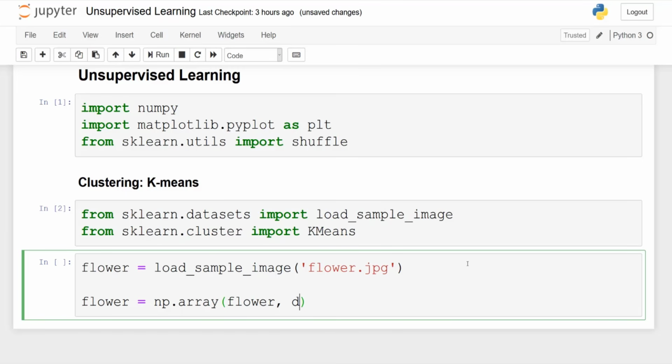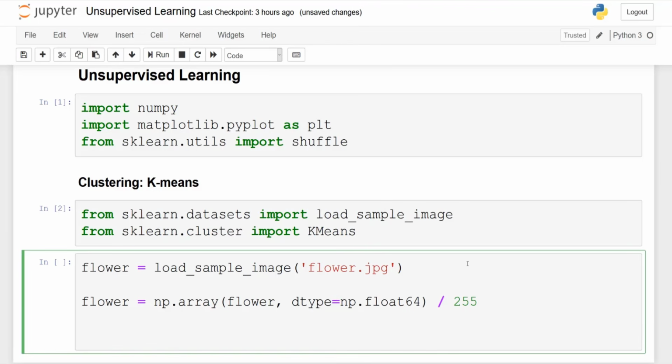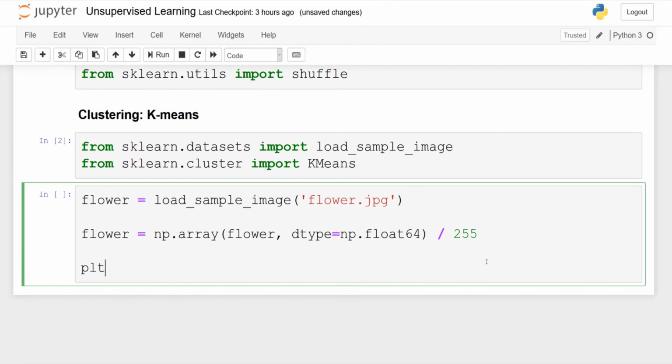Red, green, and blue, with values from 0 to 255. So we need to normalize that so that the image displays correctly with matplotlib. So we convert to floats and we divide by 255 to normalize everything. Finally, we can show the image with plt.imshow, and we pass in flower.